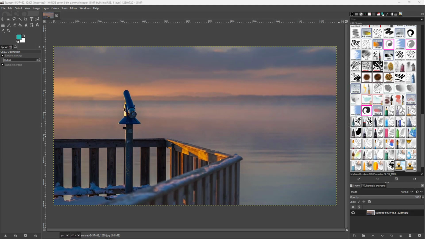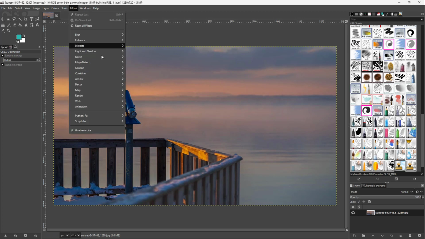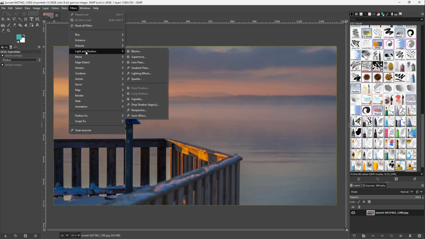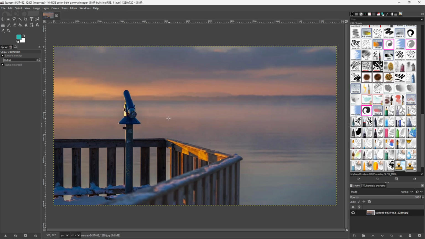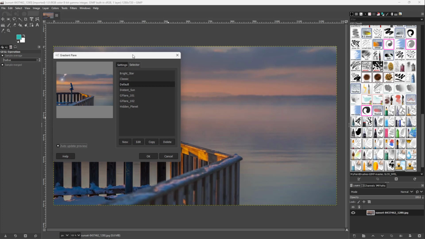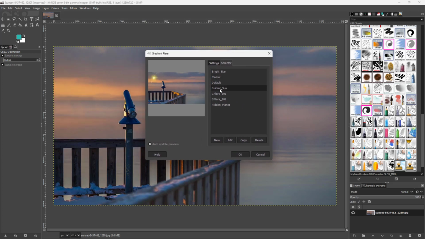So now let's see how we can work around with the Gradient Flare effect inside of GIMP. To work around with the Gradient Flare effect, I'm going to go onto Filters right here, and then I'm going to go to Light and Shadow. And over here you can see that Gradient Flare is an option. Once I do that, you can see that there are many different flares that you can choose